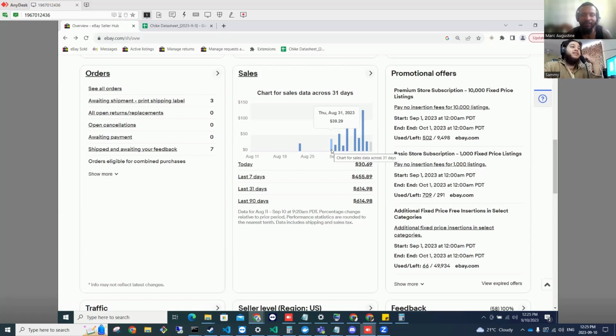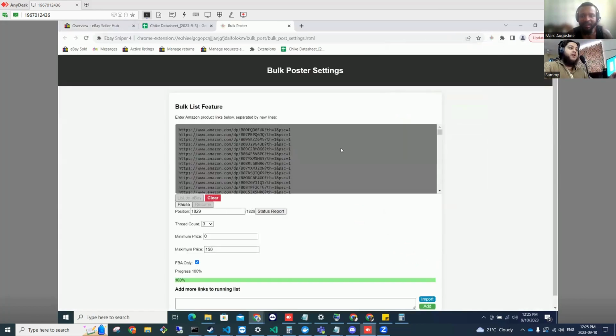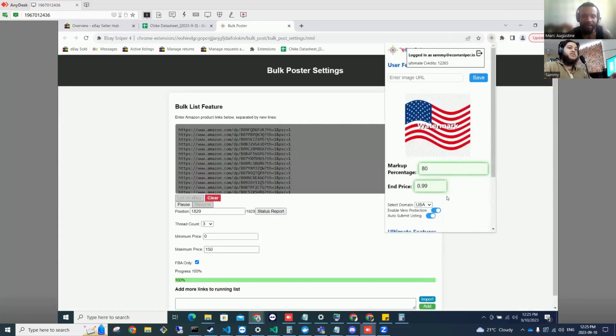So I think this is such a strong testament to how little work it takes. We literally scanned the product hunter 11 days ago, once. Right, once. I think it's still here, the funny thing. Let's see where it is. In the bulk lister, right? The 1829, it's consistent.